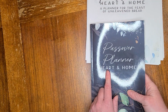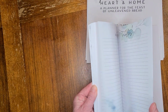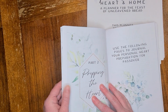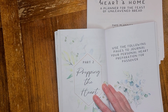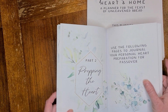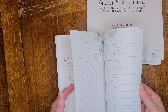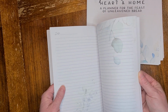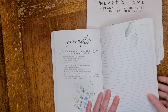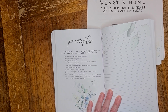And again, remember, it's a heart and home planner. So the first section was all about planning the home, planning the logistics, the meal, the food, all the physical things. But we're also supposed to prepare our hearts for Passover. And so the rest of the planner is actually journal pages, just blank lined journal pages, so that as you prepare your heart over these next days and weeks before coming to Passover,